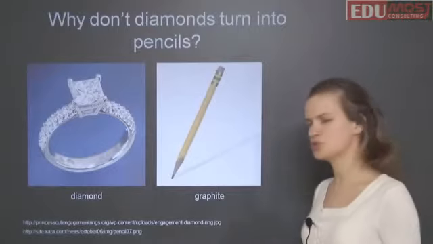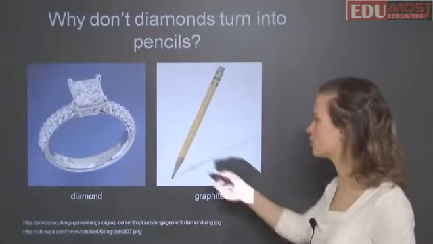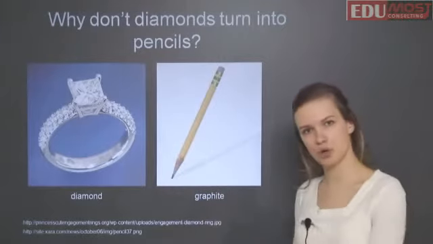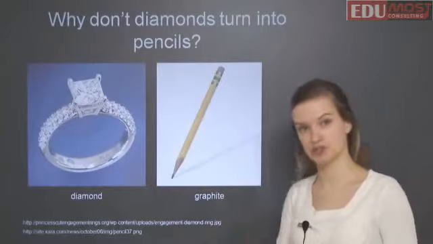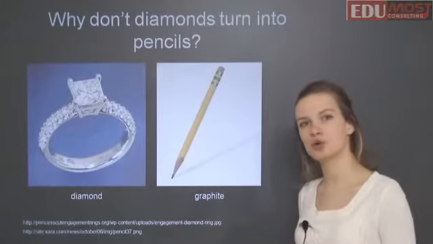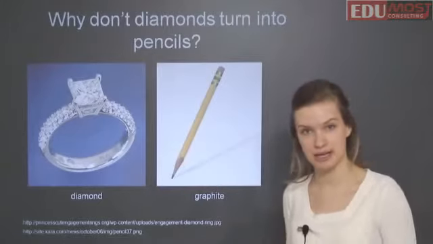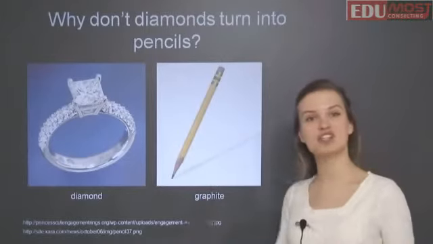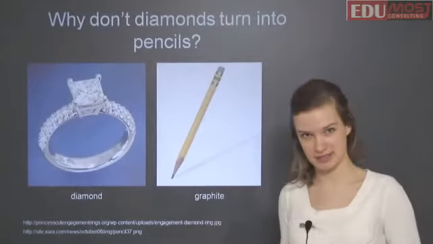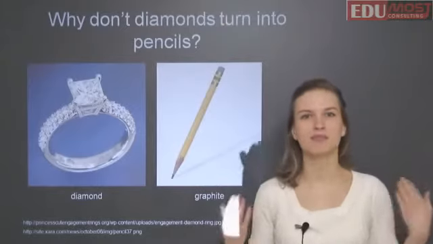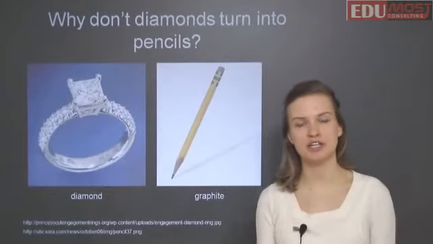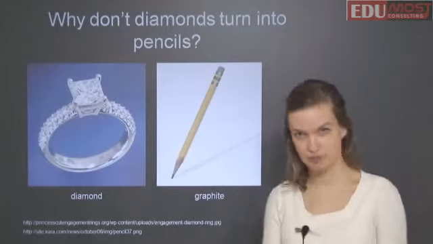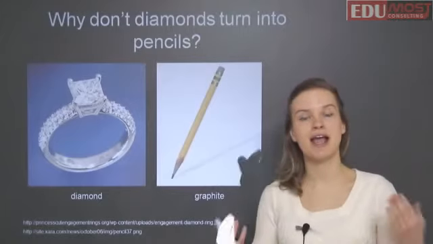So if I told you that this is an exothermic reaction to go from a diamond to a graphite, because graphite is at a lower energy level than a diamond, so energy is released, it's exothermic. And if I told you that the change of entropy, which is S, remember, is also positive because graphite is not as ordered as the diamond is. So here we have both factors pointing us in the direction that this is a spontaneous reaction. We have a negative change of H because this is at a lower energy, and we have a